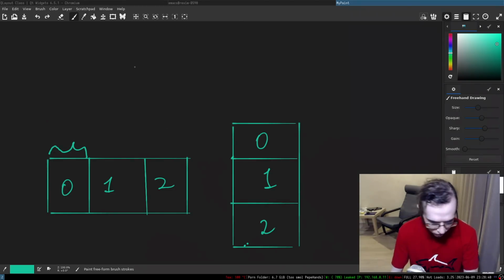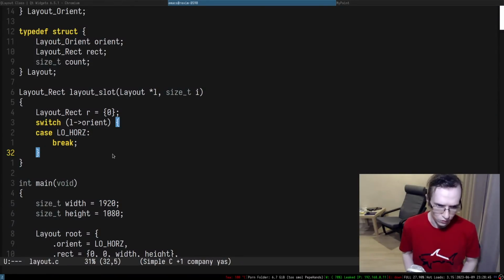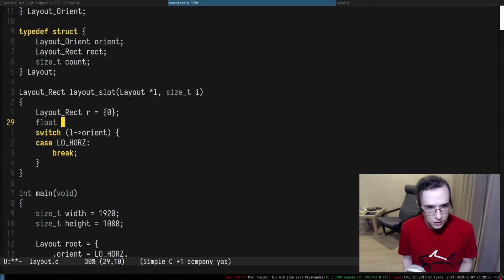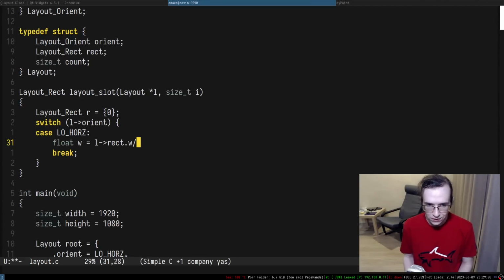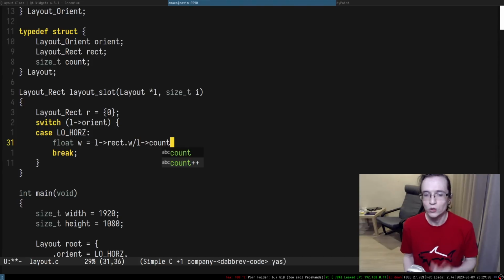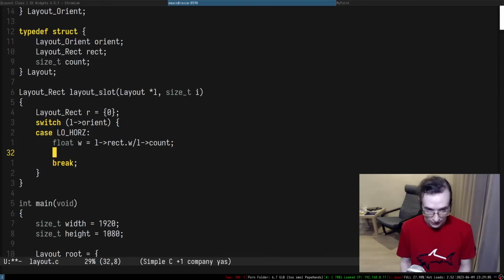So it should be relatively straightforward. Let's define something like W, and we can take the width of the whole thing, only for the horizontal one of course, and divide by the amount of elements we're going to have in here.